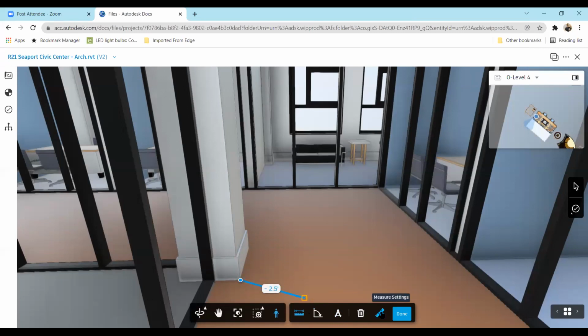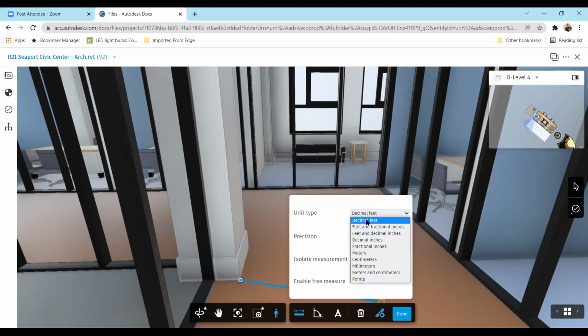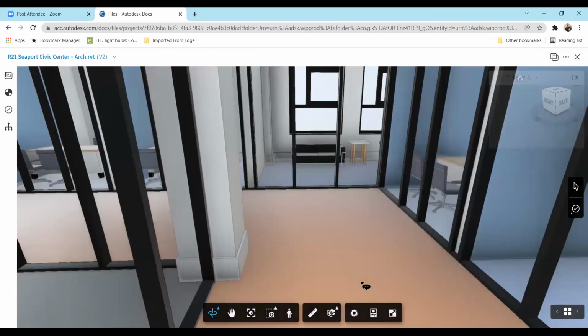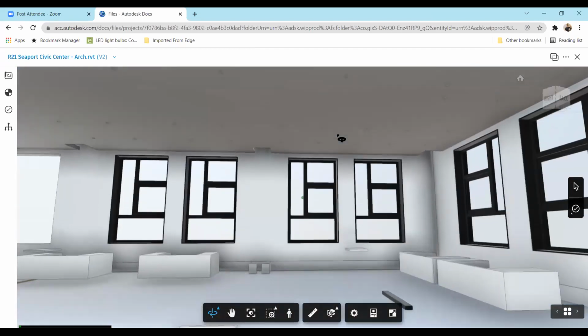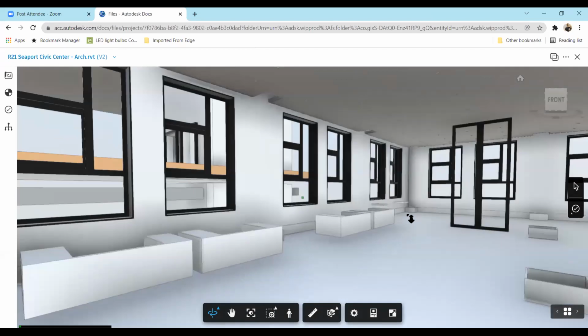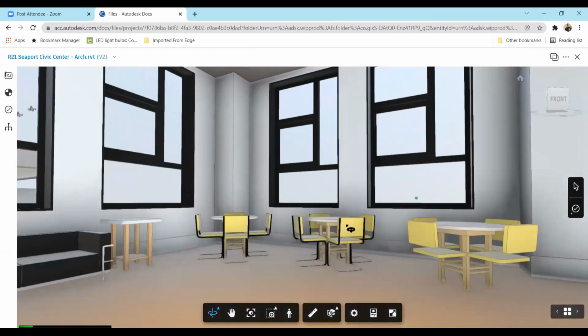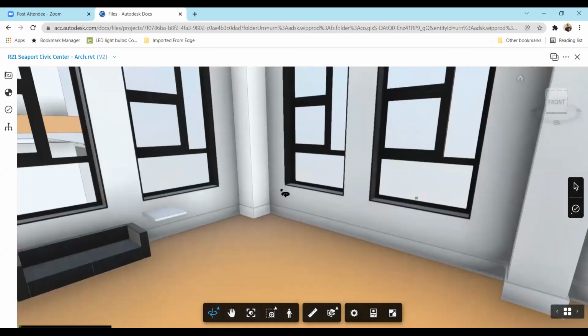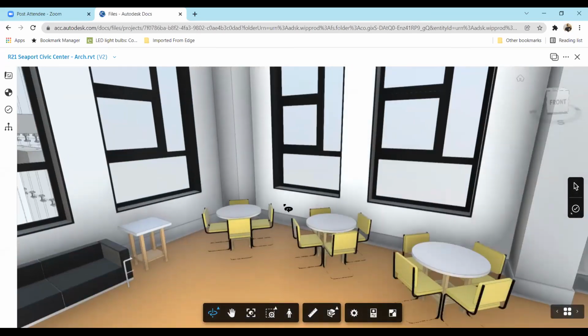So I just need to change the dimension of the measurement with measurement settings. Instead of decimal feet, I'll go to millimeters maybe. And then I'll be able to see how much this person has given for the measurement. I can measure anything in the 3D. Of course, the area measurement is specifically for the plan views, the plans in essentially Revit, but we can also measure CAD. So I'll hit escape twice or thrice. I can look up. I can look right. I can look left. I'll be able to enter any room, and then maybe I want to see this model, and then I need to mark some changes.